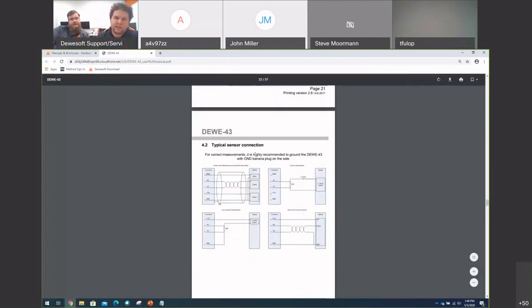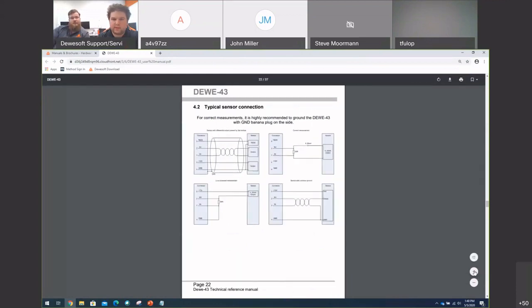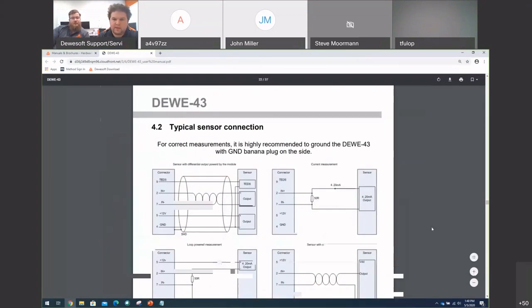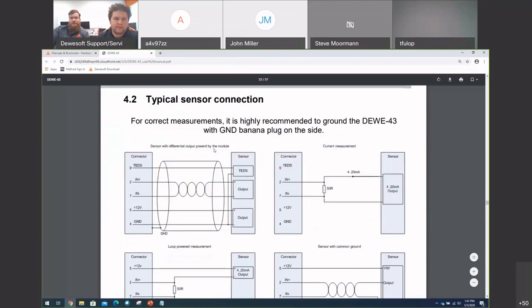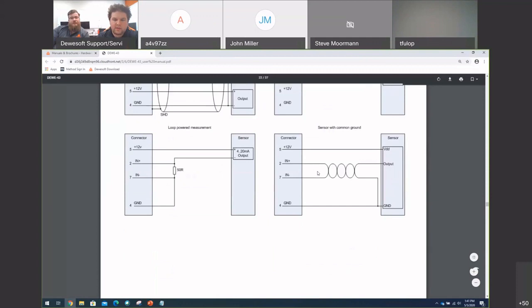For correct measurements, it's highly recommended to ground the 43. Every Dewey 43 comes with its own ground cable. If we zoom in, there are a couple of different recommendations here. First, a sensor with differential output, with current measurement by the module. Here's what we do: you'd have something like a resistor across your 4 to 20 milliamp device. But if we scroll down,